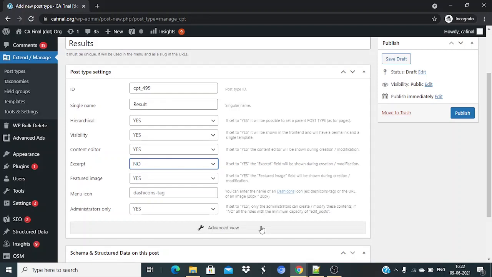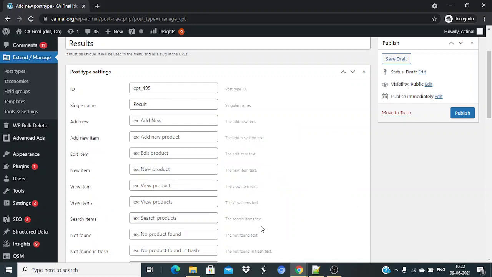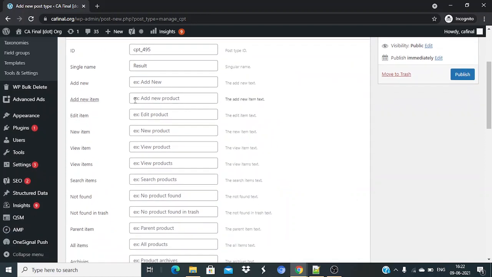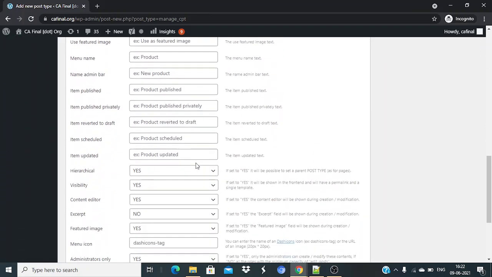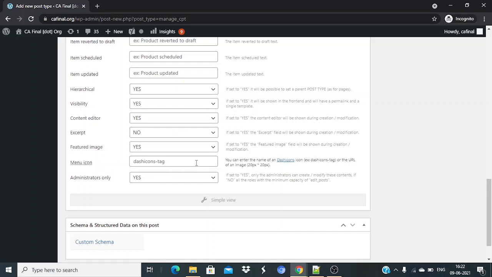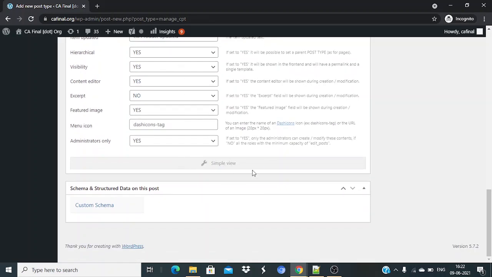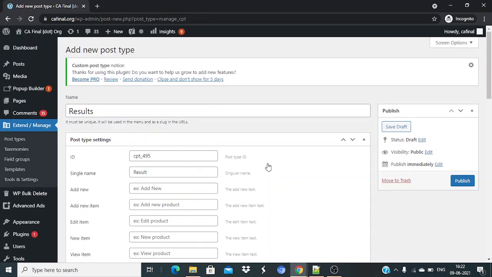Now there's something called advanced view as well. So when we just click on advanced view, we get all these options which are there. We can name it as add new result, add new results, and so on and so forth. But you can just keep it default, so you need not worry about all these things. And the rest of the options we have already selected here. Now once I publish this,